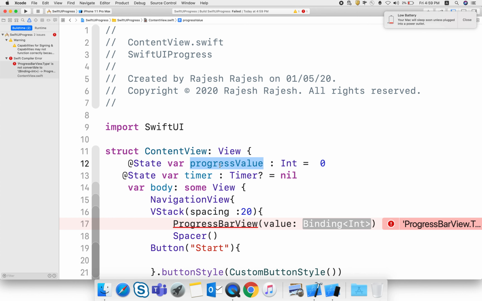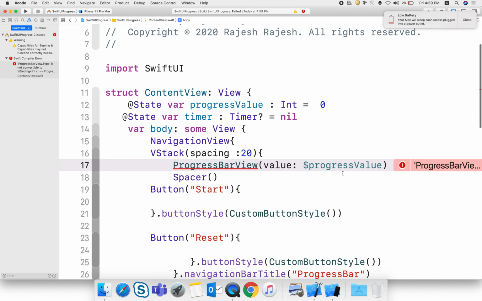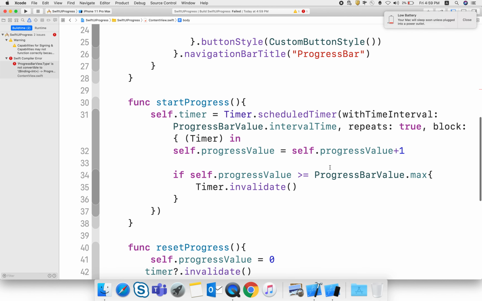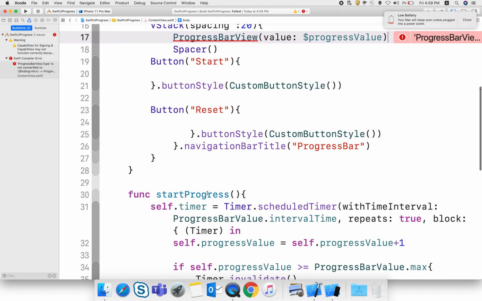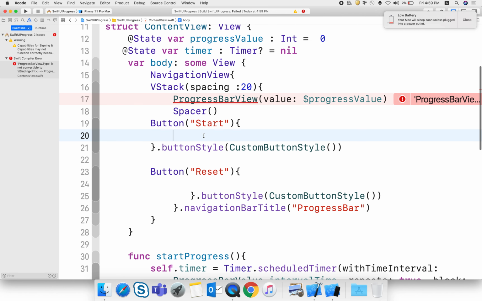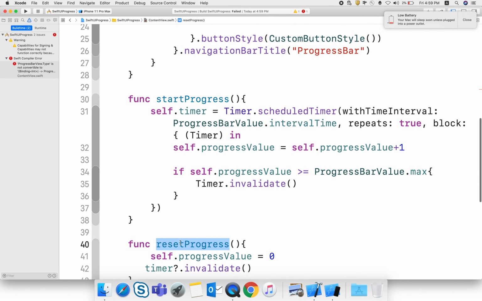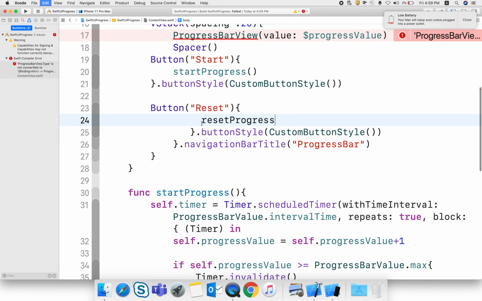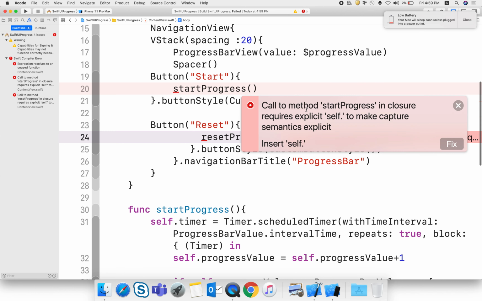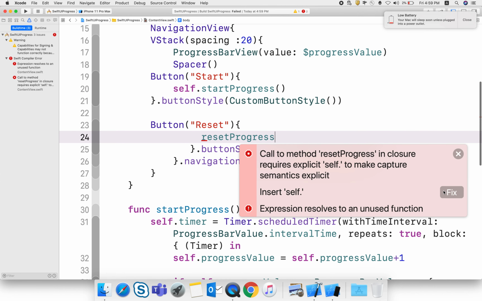So what I need to do is pass that progress value using the prefix operator $, and I just need to call that in the start button and also in reset progress. We need to use self here.